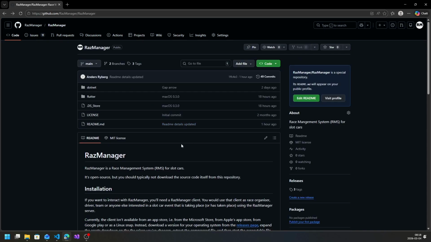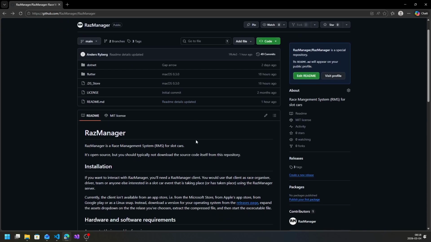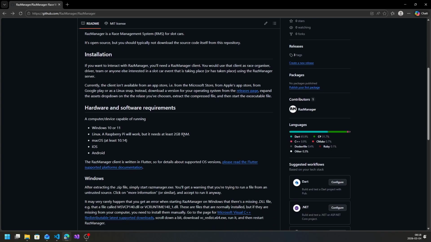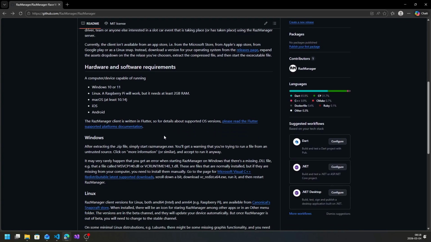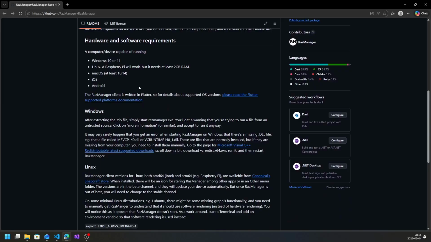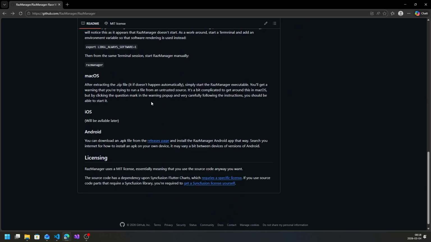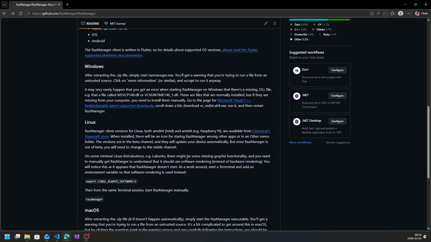So going back there to the RazManager main page, we see some instructions here and what you need to be able to do this. I demonstrate this on Windows, but if we, for example, go into Linux, which we have here, we can see that, well, it can be downloaded from an app store. If we right click on this one here, we can see that